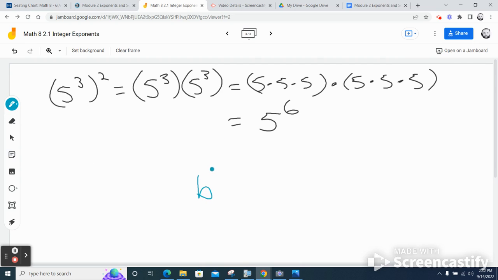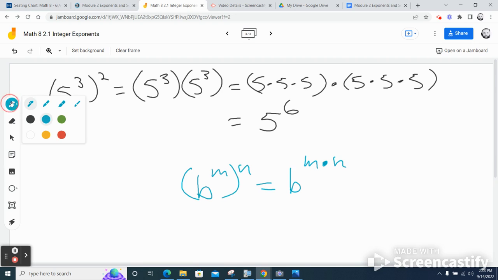If I have b raised to the m raised to the n, isn't that the same as b raised to the m times n? What's 3 times 2? 6, right? So let's do a practice problem on that. If I were to say to you, 7 raised to the second power raised to the fourth power, isn't that the same as 7 raised to the 2 times 4? But what's 2 times